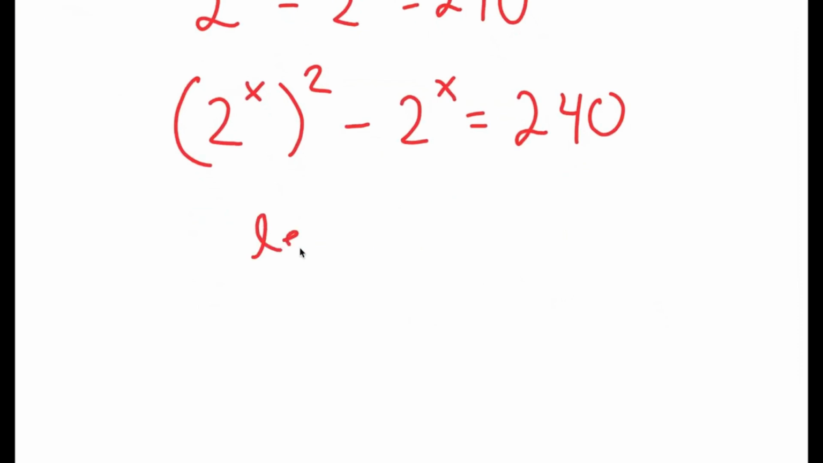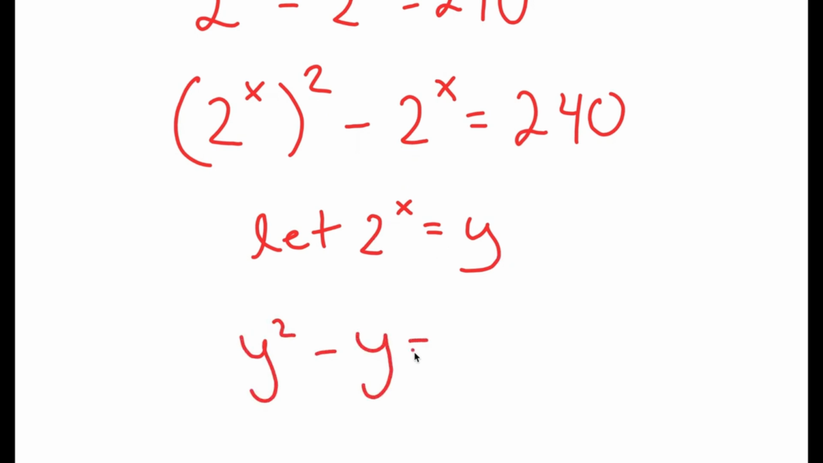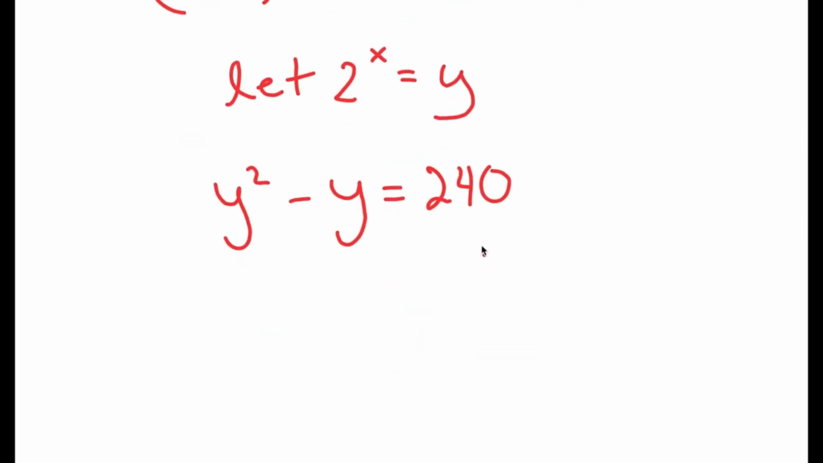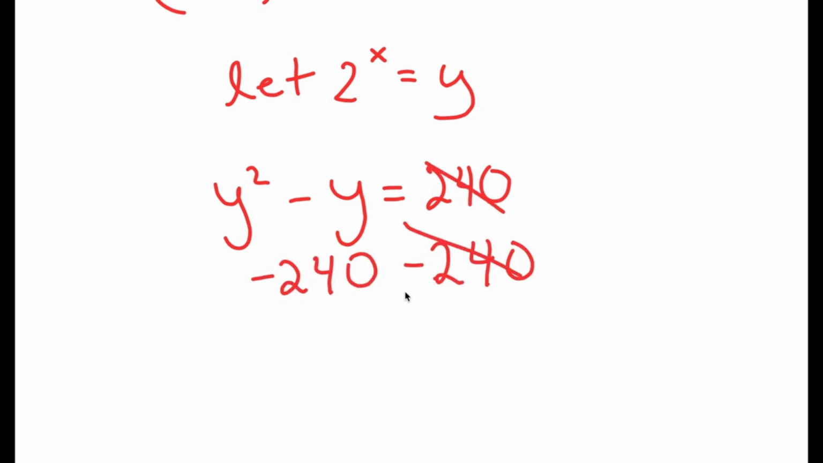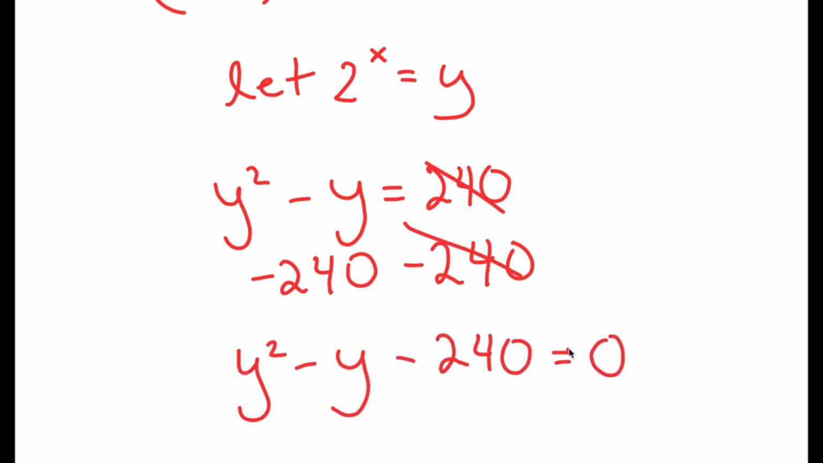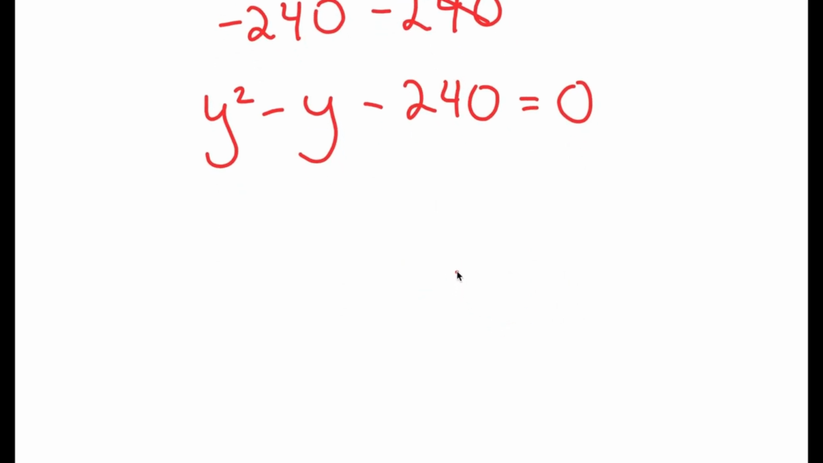Now from here, I'm going to let 2 to the power of x equal to the variable y. So if I substitute in y for 2 to the power of x, I get y squared minus y is equal to 240. And now I can subtract 240 on both sides. So these two cancel out, and I get y squared minus y minus 240 is equal to 0. So what I have here is a quadratic equation,